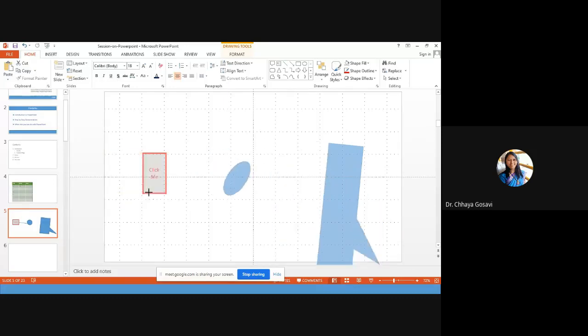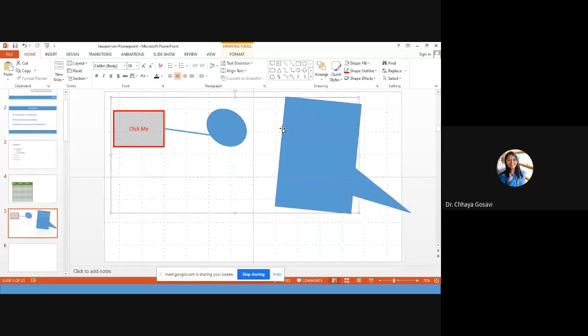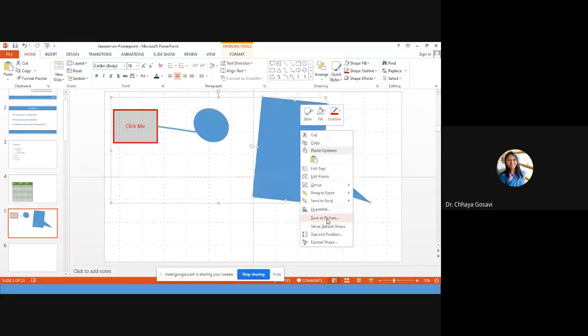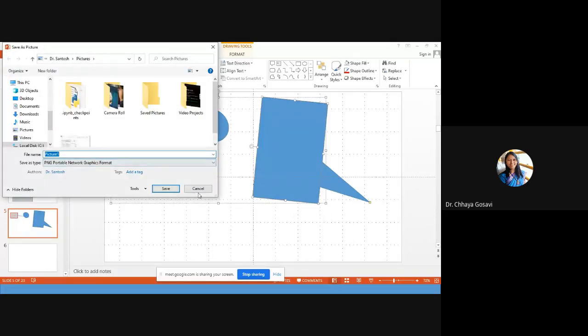So for all the shapes, size gets changed. Or another way is to make a group. Right click, make a group, and now as a group you can move it. You can change the size of this, and you can save it as a picture. So you can save this as JPG file, and you can open it and use it in your presentation or something.